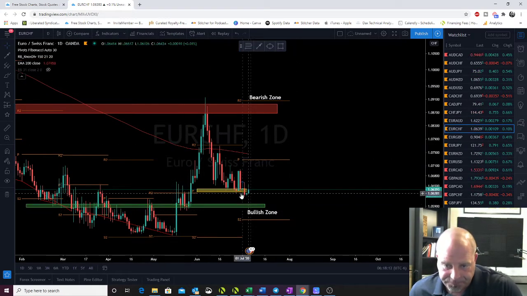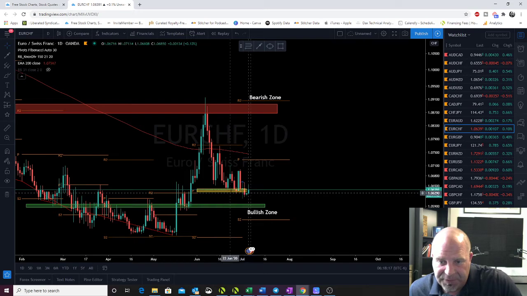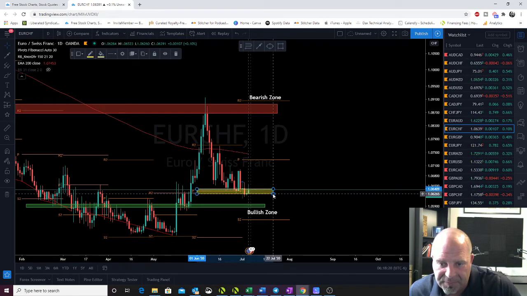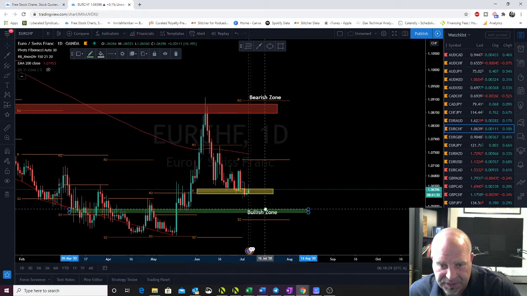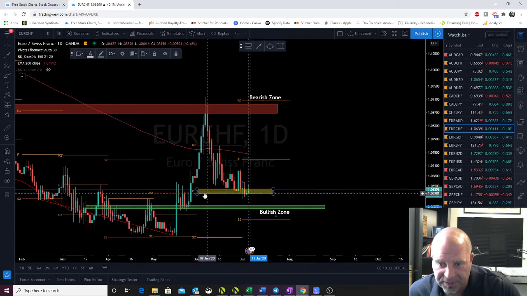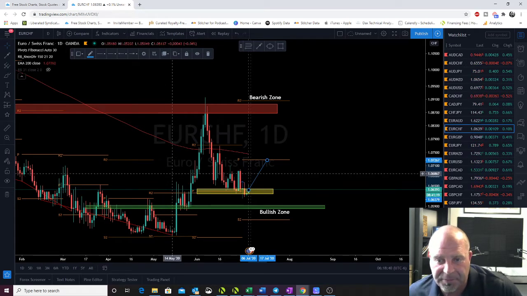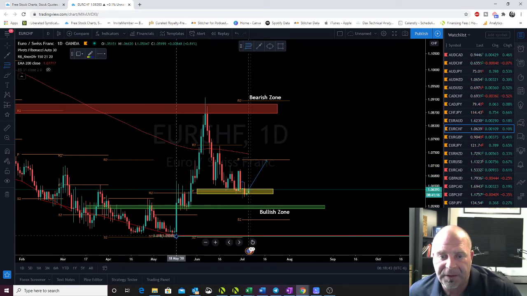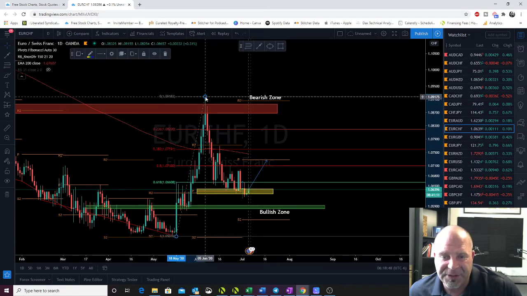Euro Swiss franc, we busted below our make or break zone and almost instantly returned. So I'm just going to extend that out, maybe make it a little bigger, but I don't see anything really good telling me that it's time to buy or sell on here. I think we're probably going to see price make an attempt back to its pivot. It's really not a bad time to sell, but even if we pull a Fibonacci retracement on this big bullish move,